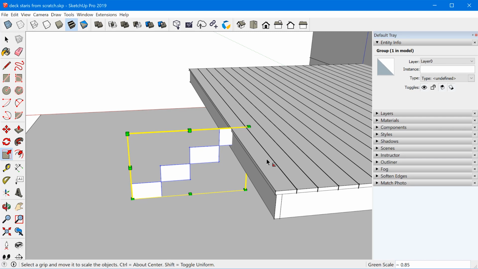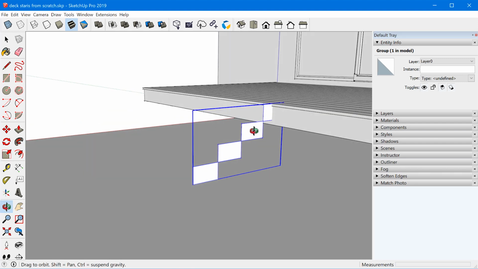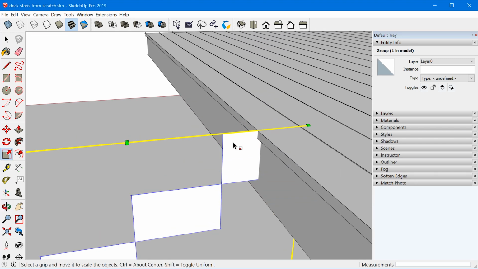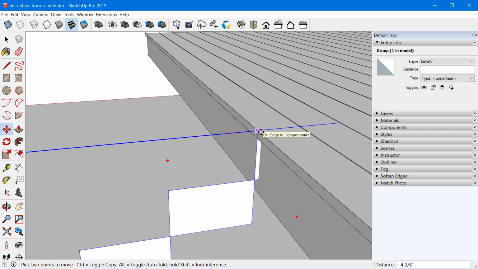There are face inferences where you could just snap to the face, but sometimes SketchUp gets confused and might snap to something else unintentionally. So I just prefer to find endpoints to snap to. And so once we have this in place, now we can grab the move tool again with the letter M, and we can click on this point and just drag it back so it's in line with this front leading